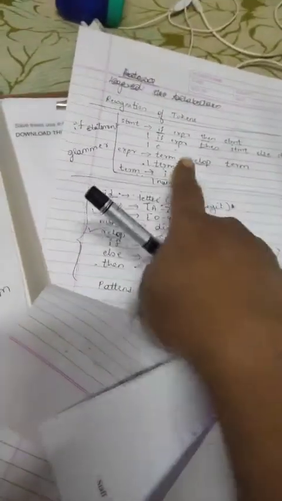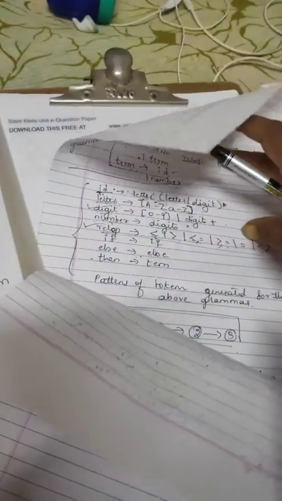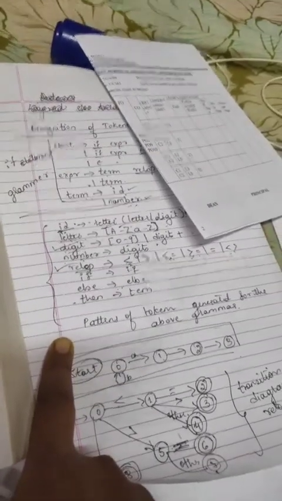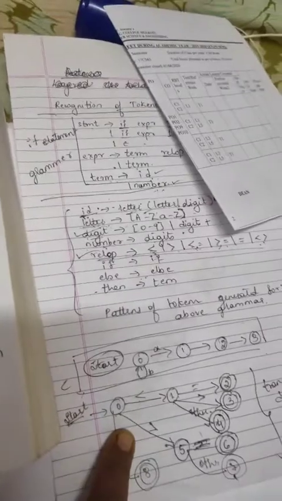This is the complete set for identifying the if statement in lexical analysis. You have to write this if statement first. If grammar, then you have to write this pattern, token or recognition. You have to write this pattern recognition, how the tokens are being generated. You have to write the transition diagram for relop. You have to write the transition diagram for id. Then you have to write the transition diagram for your digits. Okay, this entire thing will be given for your 8 marks.